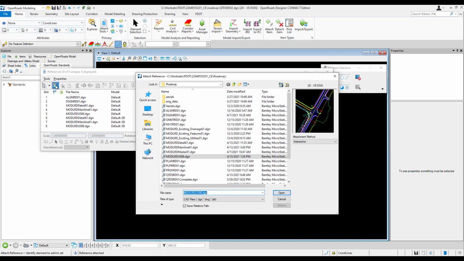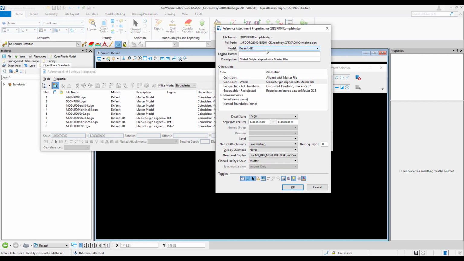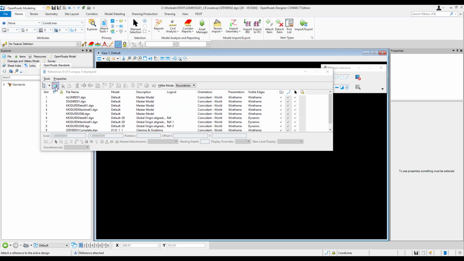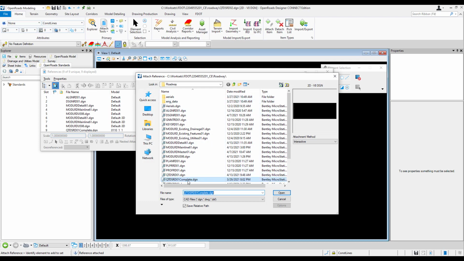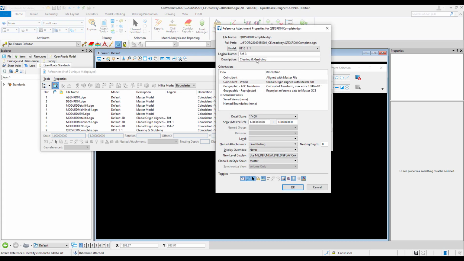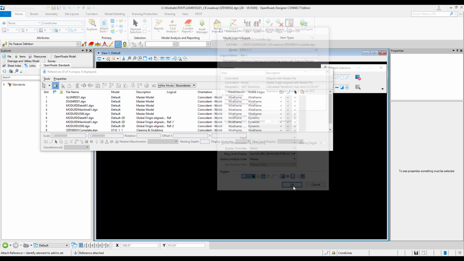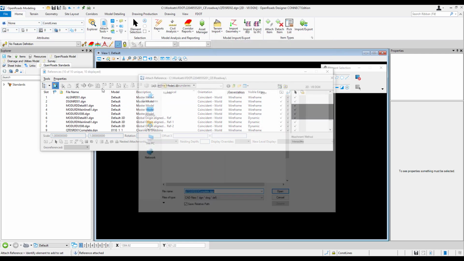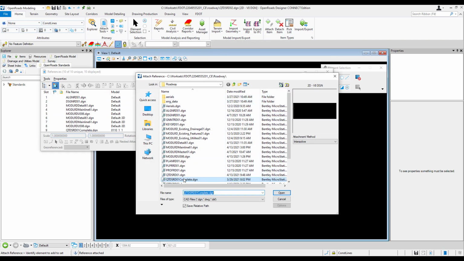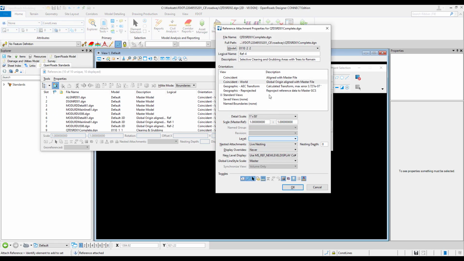Now let's attach the QTD SRD Complete DGN. We'll have to make this attachment several times. We have to attach it once for each pay item model in the file. So first, let's select the 11011 model. Then we'll attach it again and click OK, and select the 11022 model. And one more time, and pick the 110-410 model.